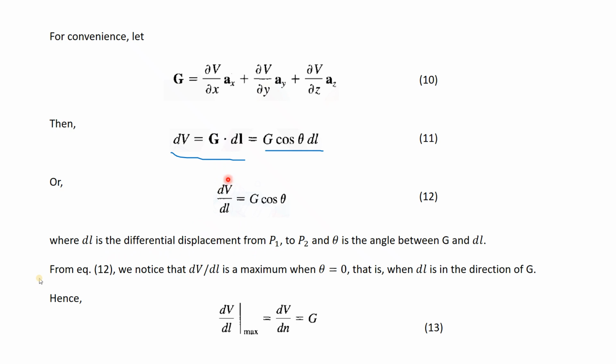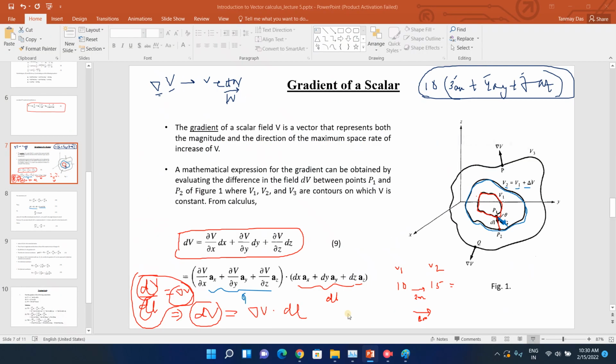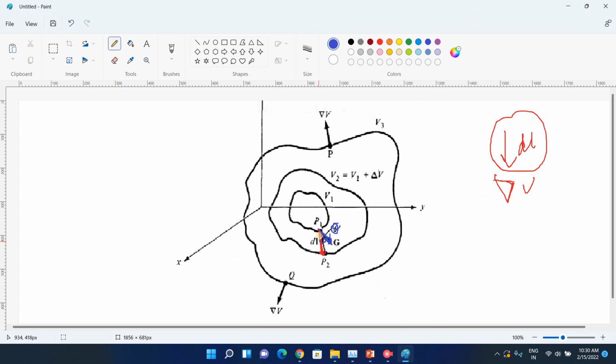So this is the differential length, that means potential per unit length. So dv means v2 minus v1, and dl is the shortest path. So the shortest path is equal to g cos theta. Now this dv by dl should be maximum, only then can I get the gradient. The maximum, meaning the shortest path, is suppose dn, so dl is maximum when it is normal, and when cos theta, theta is 0. If theta is 0, that means this g is actually lying on dl. Only if g goes along dl will theta be 0.